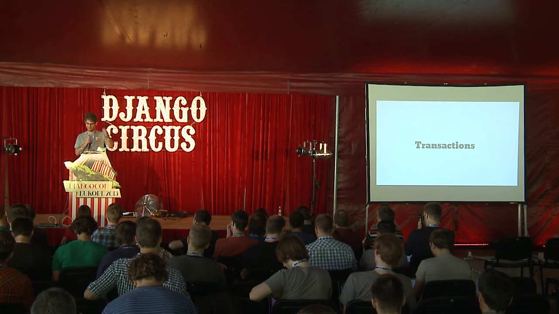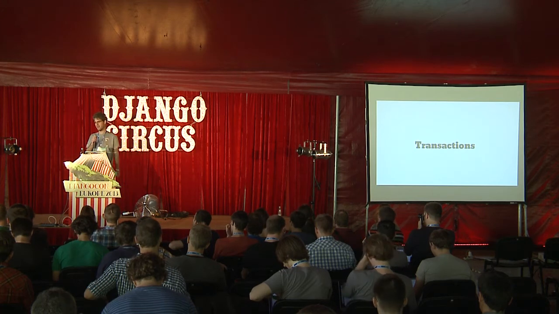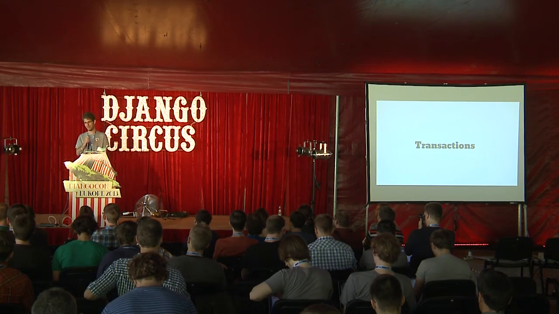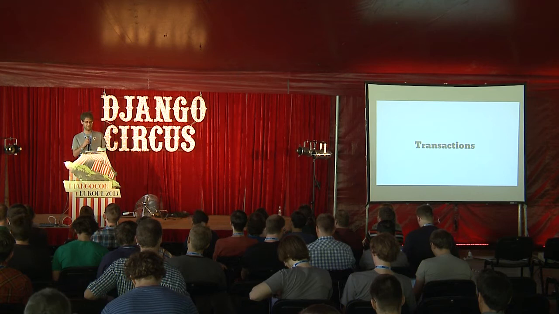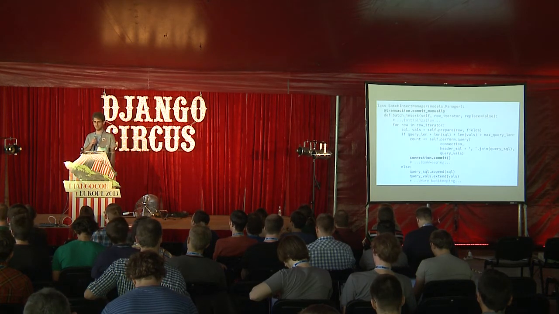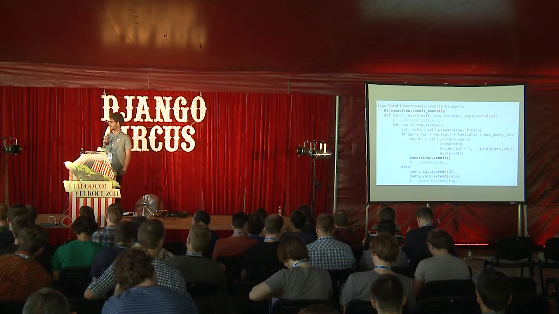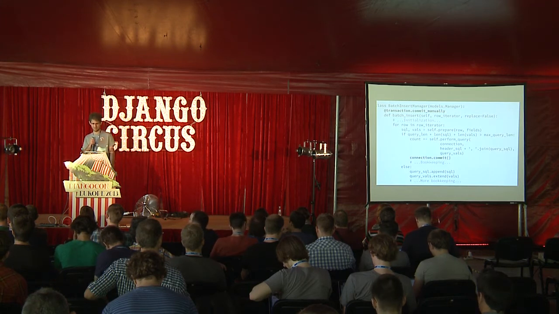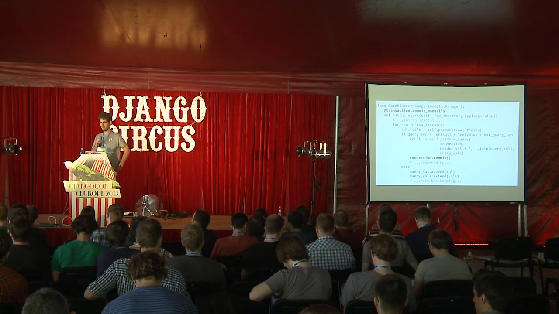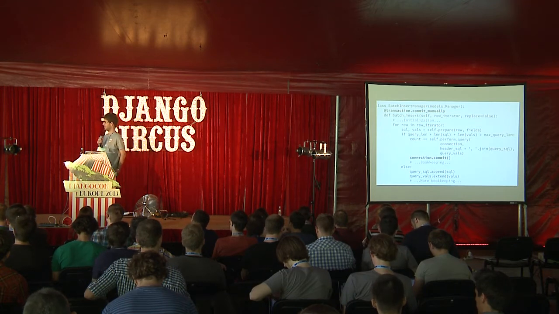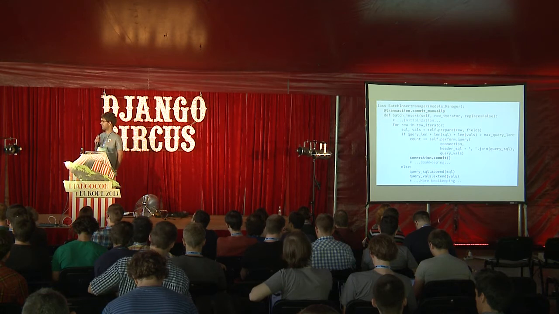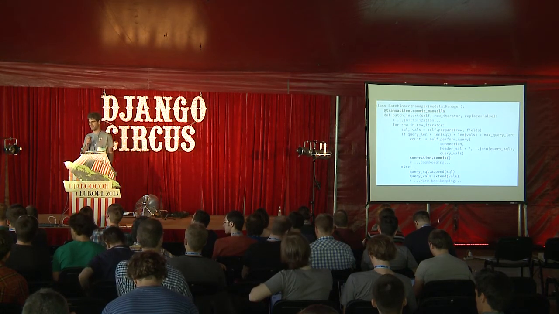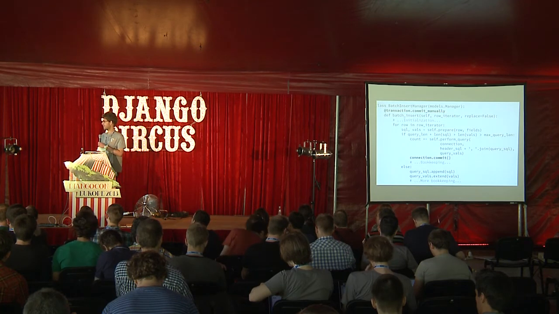Okay, so now transactions. As you know, transactions basically don't work. You shouldn't expect them to work between multiple databases. But what if you want a transaction to work on just one database? So here is another piece of code from our code base. That's basically doing a batch insert. There is now bulk create in Django. That is an older version of it in our code base. Now, I think that I should perhaps have committed it. It does replace, so we still use it.